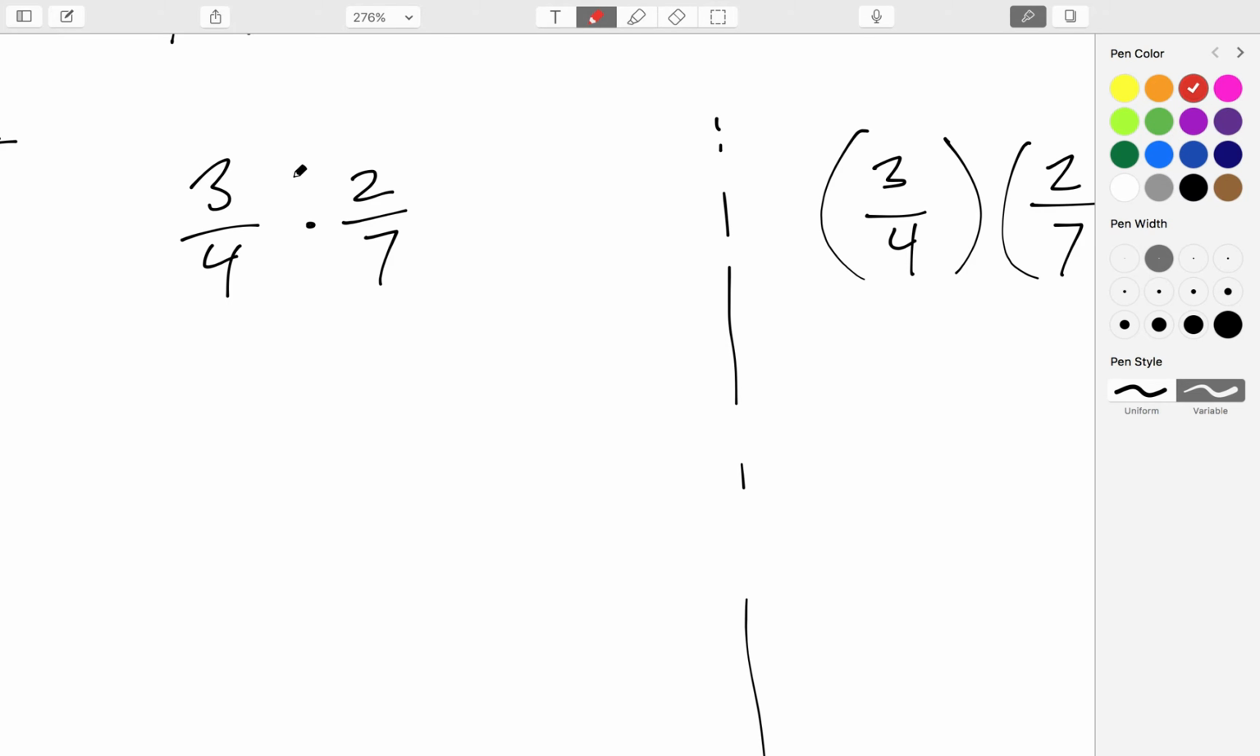To do this, you are going to be multiplying across. So numerators multiply together, top and bottom. So 3 times 2 is going to be 6. 4 times 7, 28. Now if it ends in an even number, such as 2, 4, 6, 8, or 0,